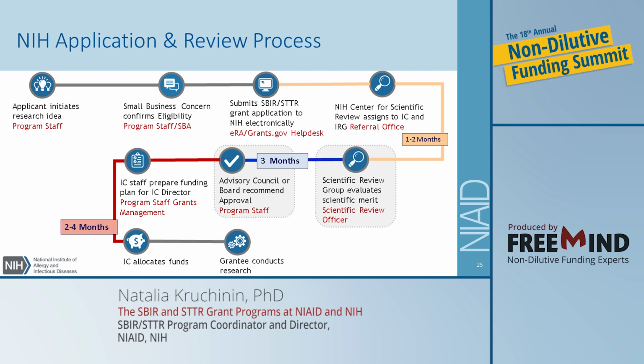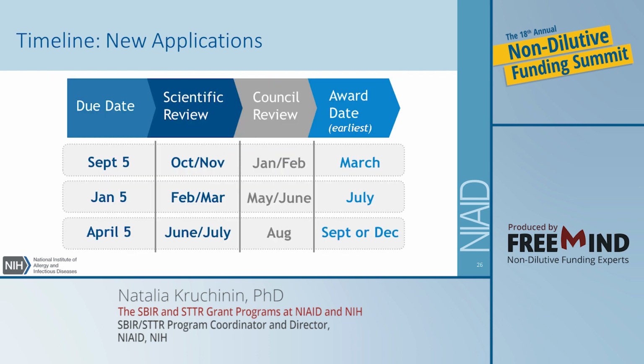In our institute, our program officers hold not just small business grants, compared to, like, the National Cancer Institute SBIR, where program officers hold only small business grants. In our case, sometimes they have R01, R21s, and small business grants. It is important that this program officer knows you and maybe supports your application if the division really likes it. And I believe you also saw this slide: